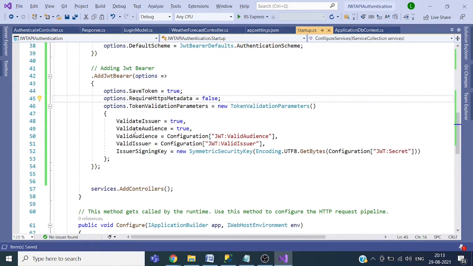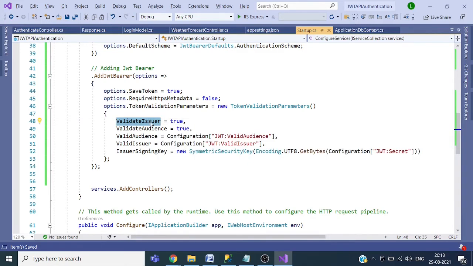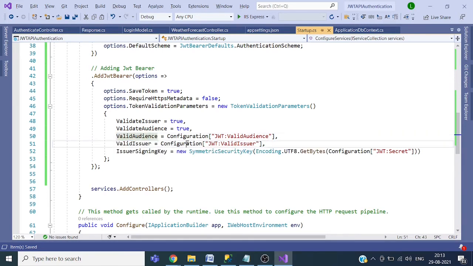So you can see validate issuer, yes, true. Validate audience, yes, and it will retrieve the data from the app settings. So validate issuer means it will validate the data which is available in this issuer. Okay, so it will validate against the data which is stored in the app setting.